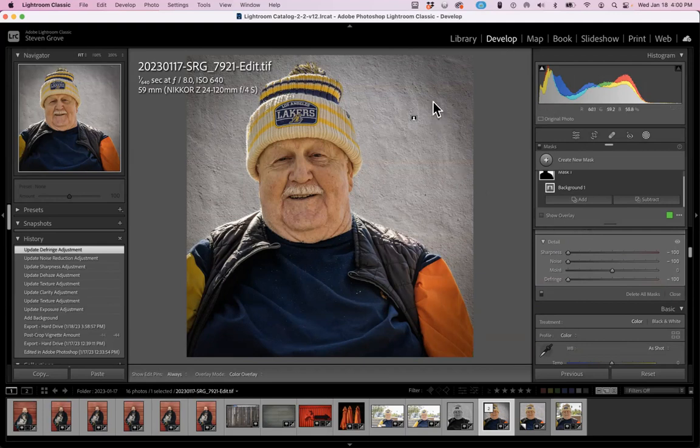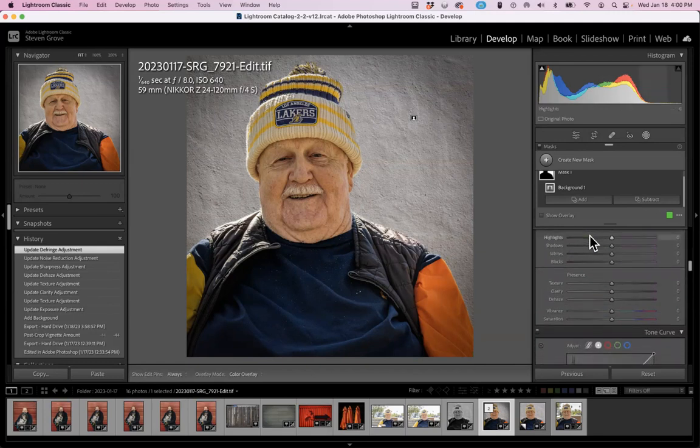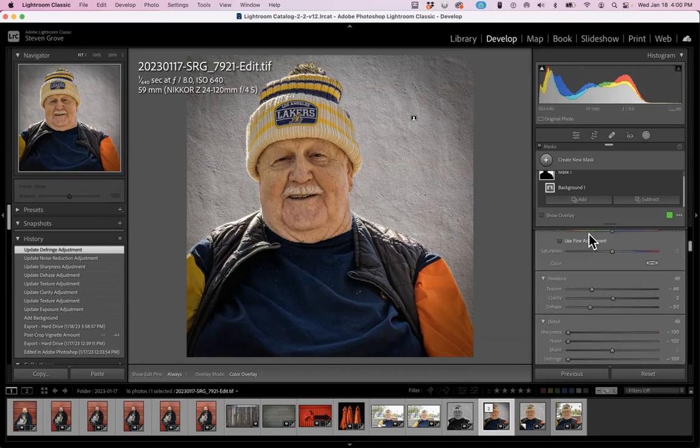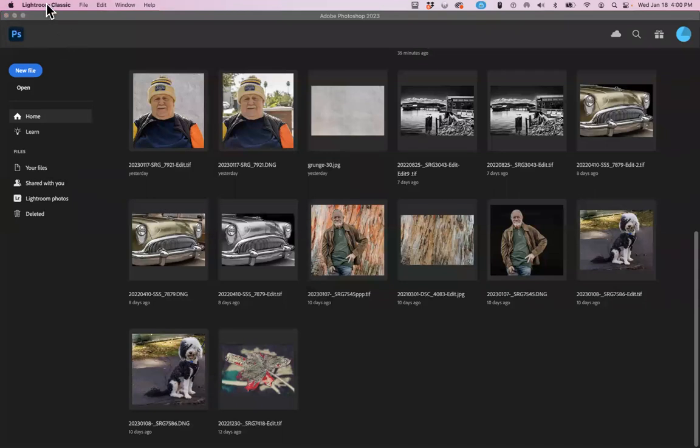I did as much, at least quickly, as I could do with that concept here in Lightroom. You can see I've softened it quite a bit. I think it looks good. I could have done that before I used it in Photoshop. So anyhow, let's